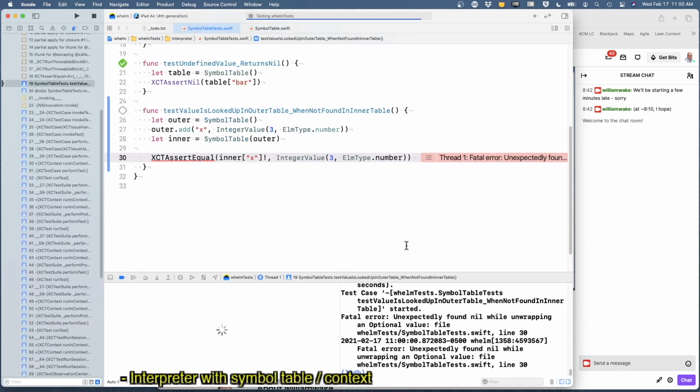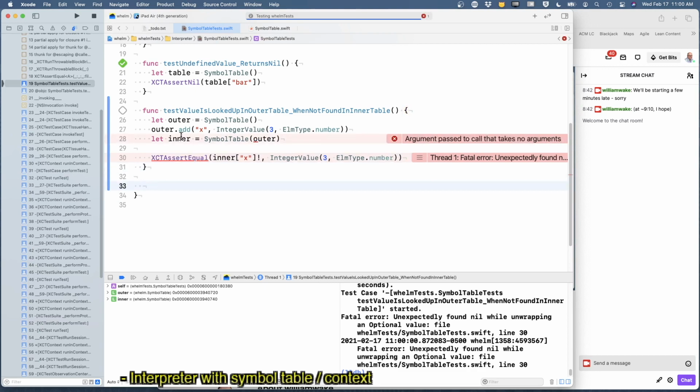Okay, unexpectedly found nil. Yeah. So we got inner of x. It doesn't do anything with outer yet. It just uses inner, and inner doesn't have any symbols in it. Okay. Value is looked up in outer table when not found in inner table. Yes. All right. And I think there's another test we can make that these will both pass and fail together,